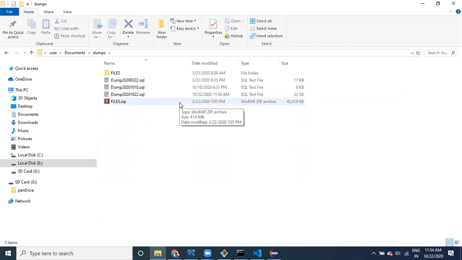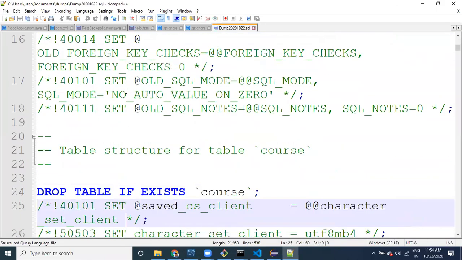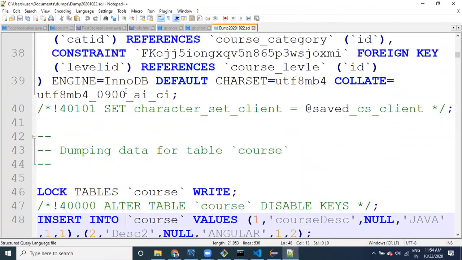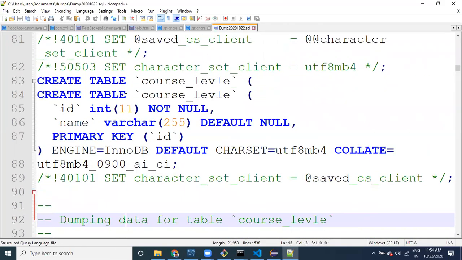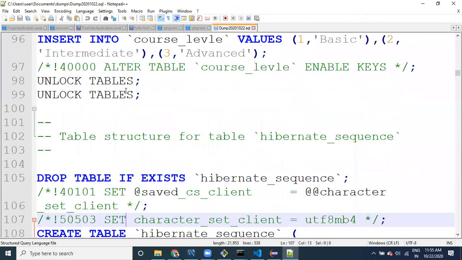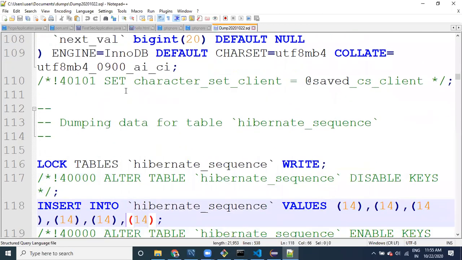You can go to that particular location. 2020 10 20, this is the file. You can open this file with any normal editor, and you can see use codes, create, and all these things. We have provided table data. See here, guys, tables, all codes level, all these things are there.